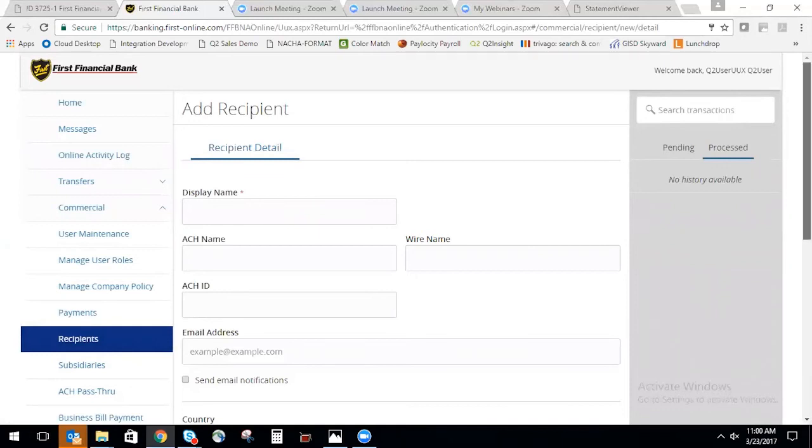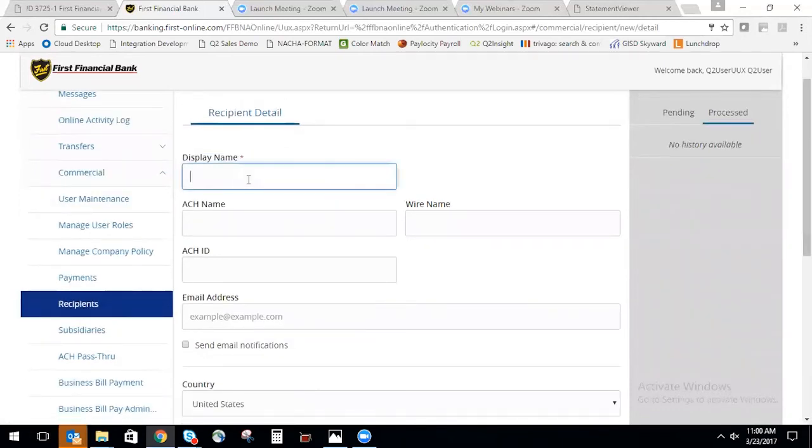And a couple of things I need to point out. First off, display name is going to be the value you can use to search for this recipient when linking to a template or to a payment. So for that matter, let's say, for instance, we use employee IDs. So I can do EID